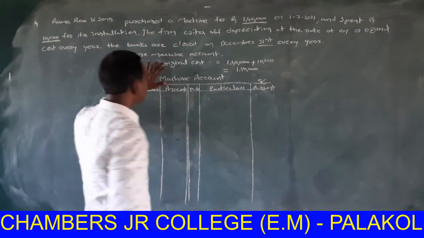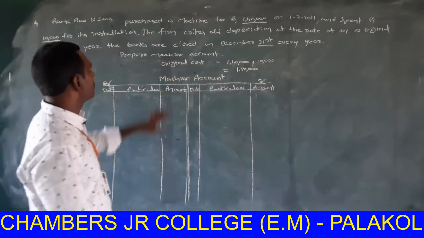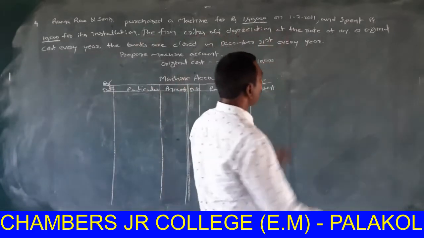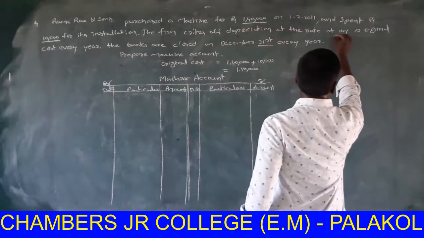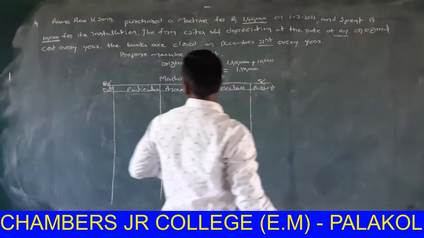Here the cost of the machine, or original cost of the machine, is 1,50,000. The firm writes off depreciation at the rate of 10% on original cost